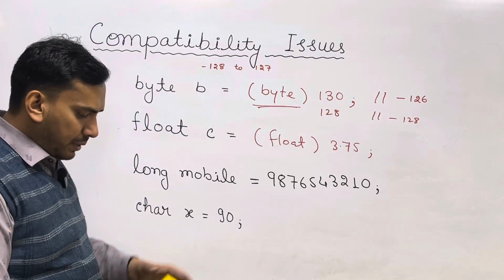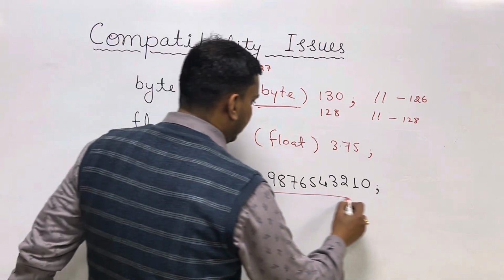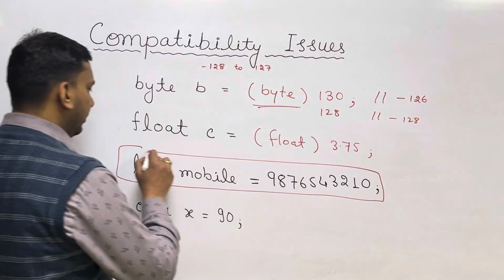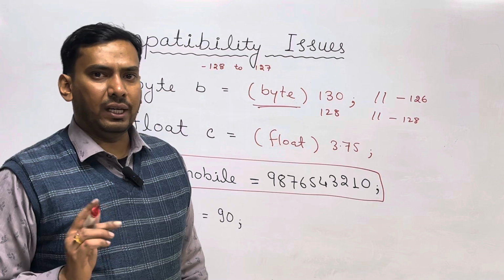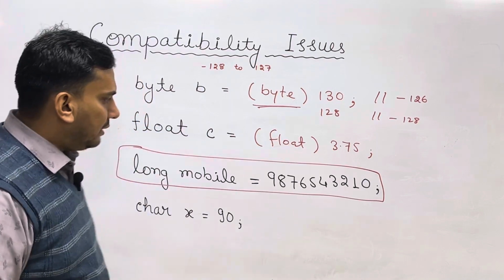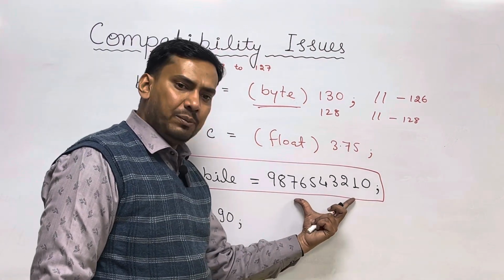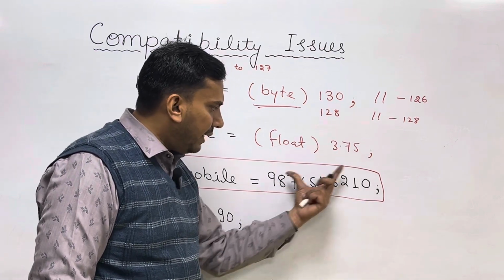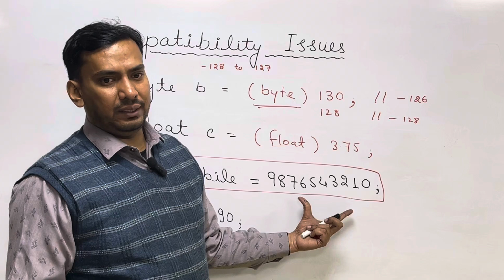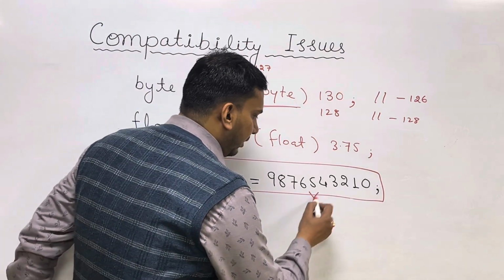Now, if you try to compile, this line is going to give you a compilation error. It will say integer number too large. Why integer number too large? Because I told you any integer type of literal is int, but you are writing some value which is beyond the range of int. So, it will say it is not an int value,